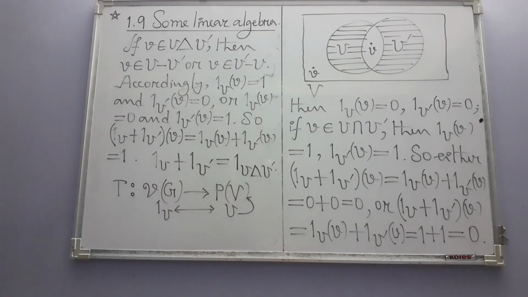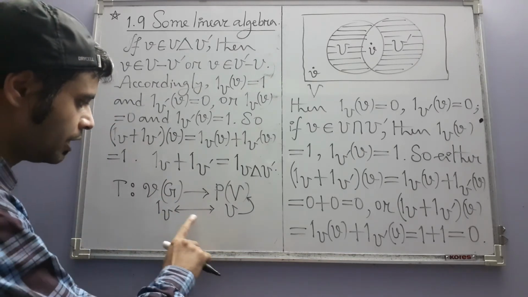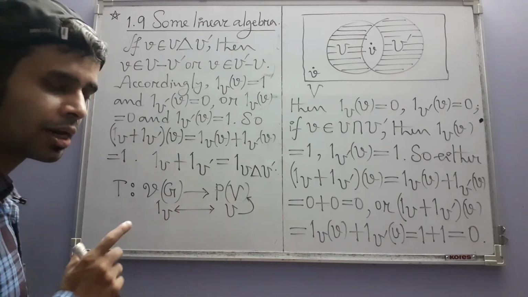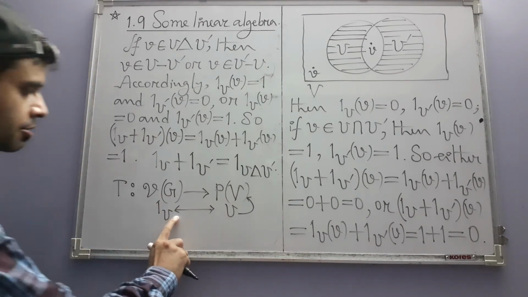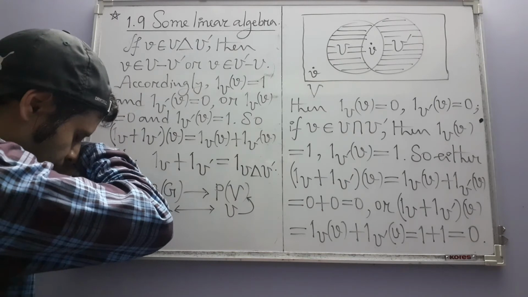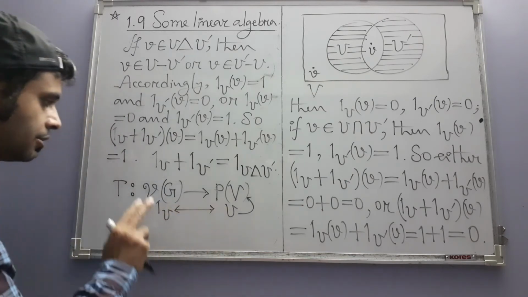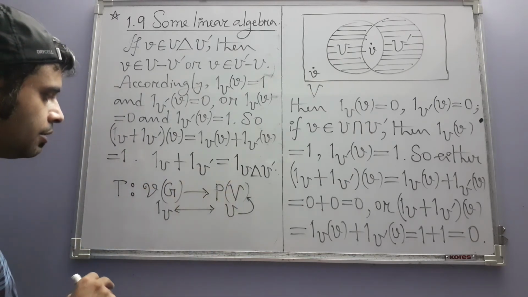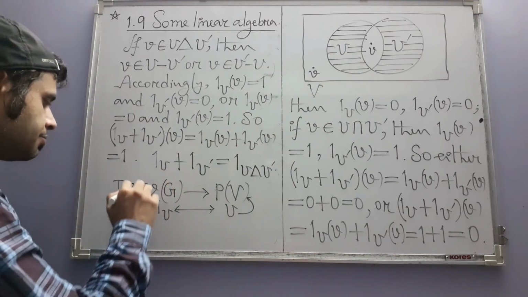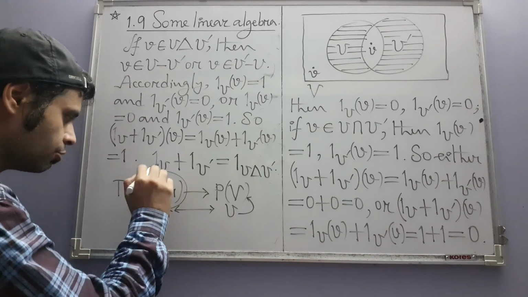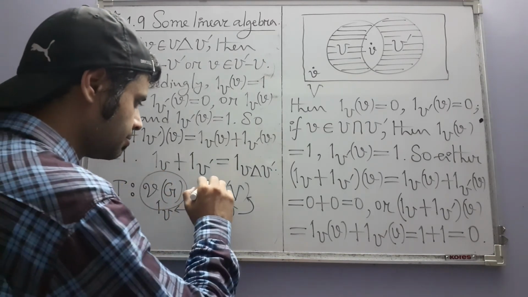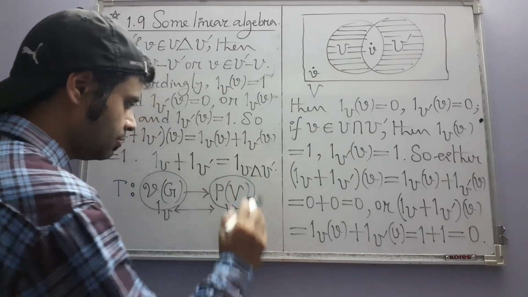This correspondence, I give a two-way arrow because this is a bijection or perfect matching. So this correspondence and this equation tell us that this group is isomorphic to this group,